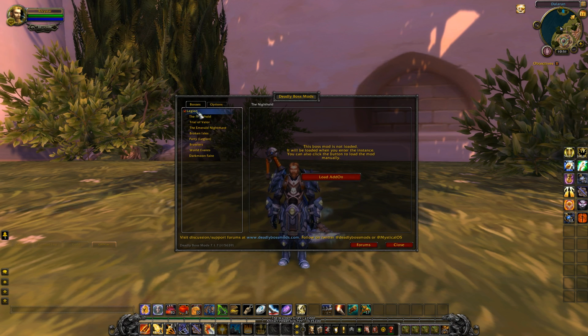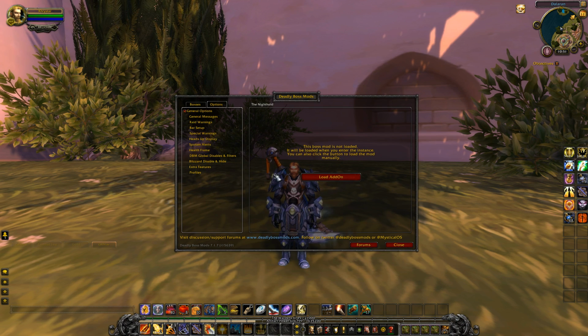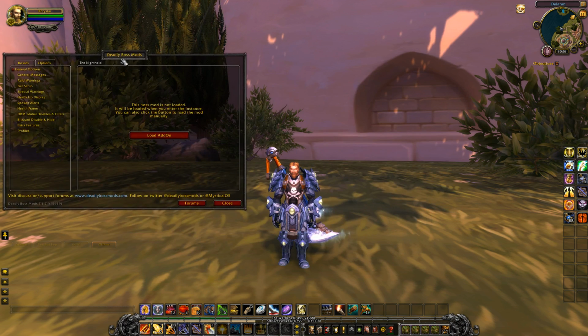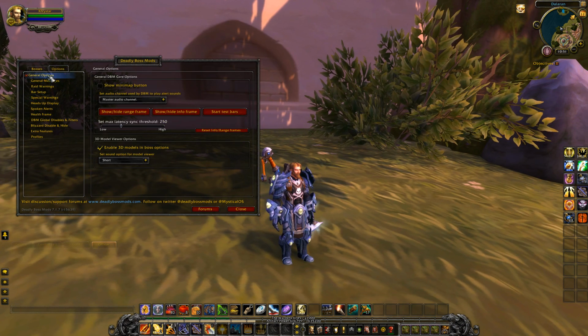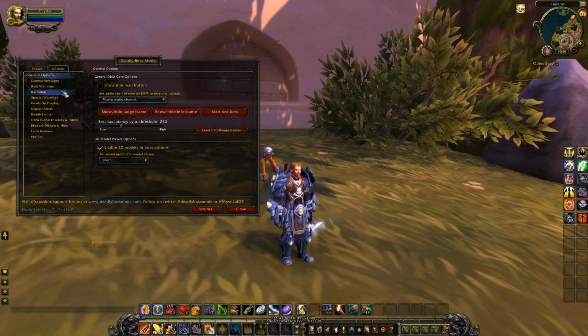So yeah, you'll start off in the bosses tab. We'll go over to the options menu, and this is where we'll start off describing what the add-on does and what you can do in the settings at least. We're just going to go over some general tips here just to get you started. I'm not going to go over absolutely everything in here. There's a lot of options that I suggest you check out. And if you want any further videos or any explanations for this, leave it in the comments. If there's something you have questions with, I will help out. I'll try to get to those.